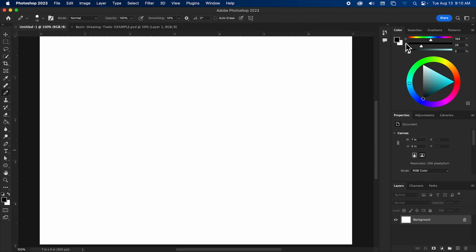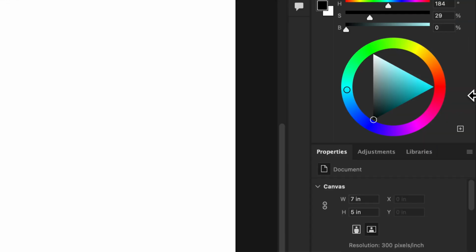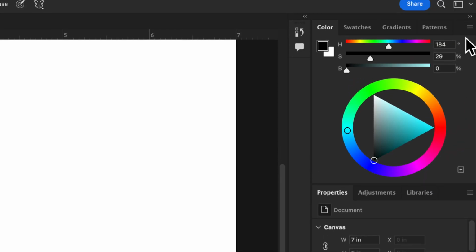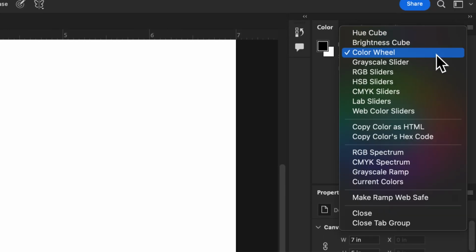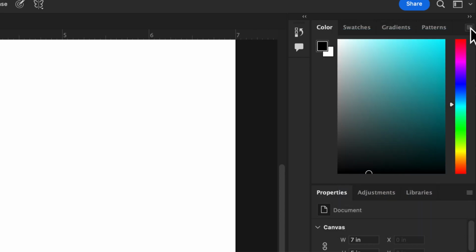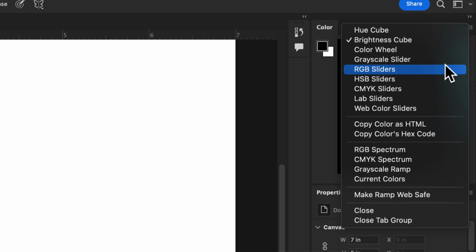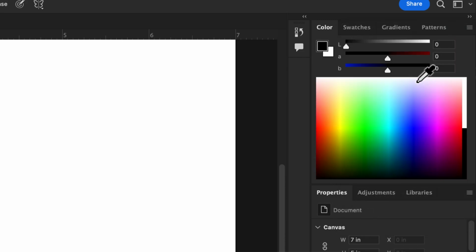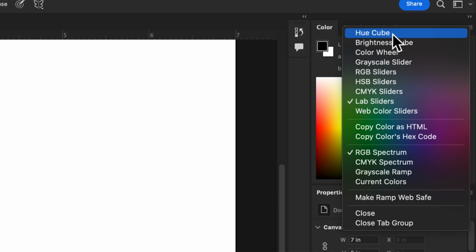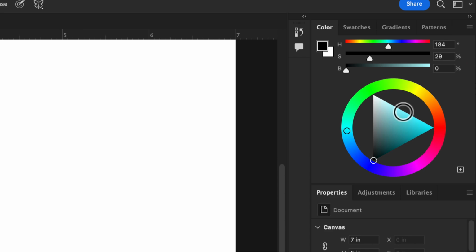If we take a look here at the color panel, and I'm going to zoom in, yours probably looks like this, or possibly like this. You want to use whatever's comfortable for you. I use the color wheel so that I can see the color wheel.